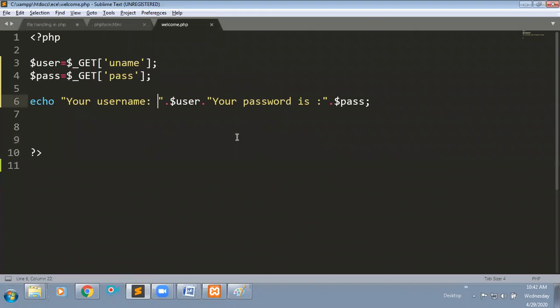For example, I want to store this data in a database. For that, that concept will come in the fifth unit, and I'll explain that also. You need to connect with your database first, and after that you can insert that data in the database. We will see that later. For example, I want to validate this data.